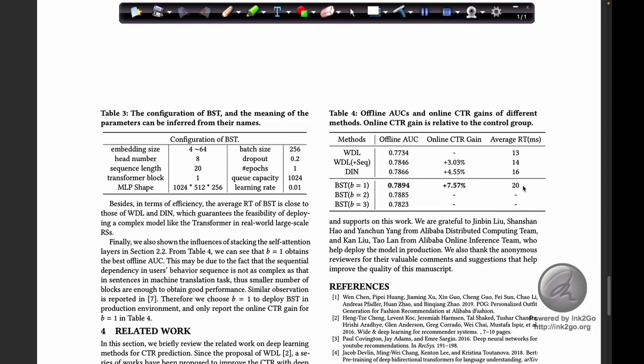There was also a 4 millisecond increase in serving latency, which is acceptable, and it can be overcome with improved techniques like caching.